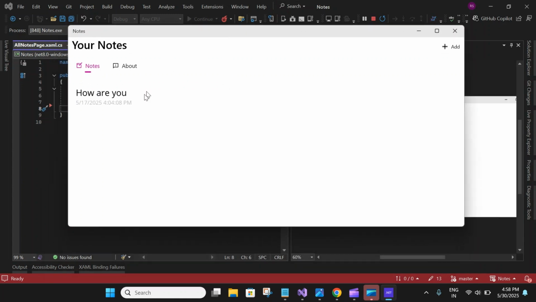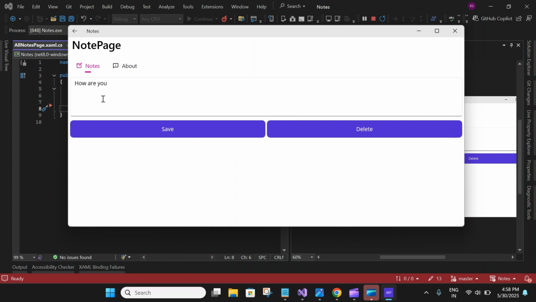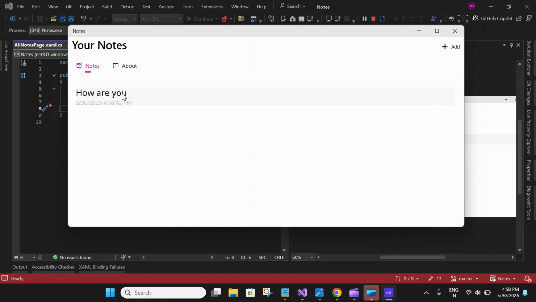So here we have our notes app loaded, and it has loaded one of the old notes that I had saved. However, there are two problems with how the app behaves. If you select a note which opens the editor, press save and try to reselect the same note, it doesn't work. Whenever a note is changed or added, the list of notes isn't reordered to show the latest notes at